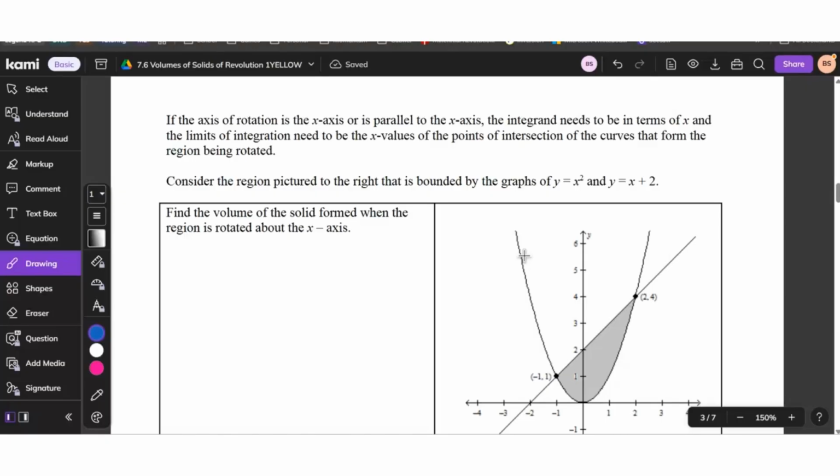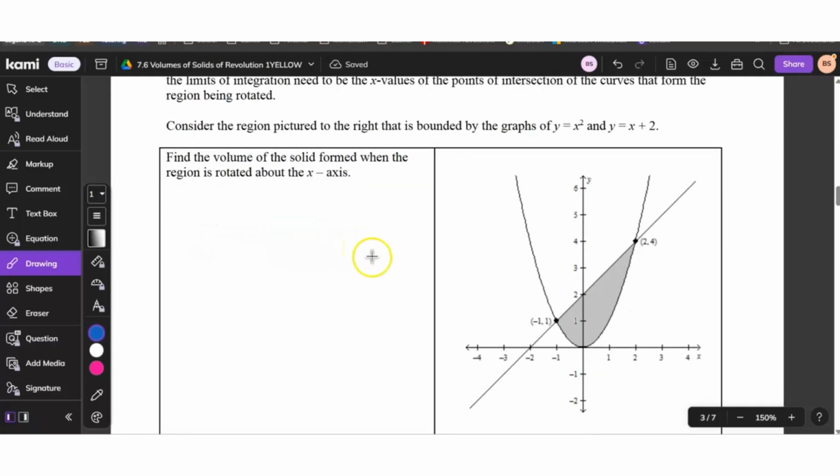Okay? So if we consider this function over here, y equals x squared, and y equals x plus 2, find the volume of the solid formed when the region is rotated about the x-axis. If we're going to rotate it about the x-axis, what is that top or further function? Is it the line or the quadratic? It's the line. So we're going to integrate, and our intersections here are at -1 and 2. So we're going to integrate from -1 to 2 of x plus 2